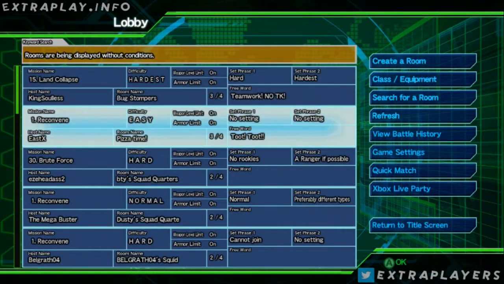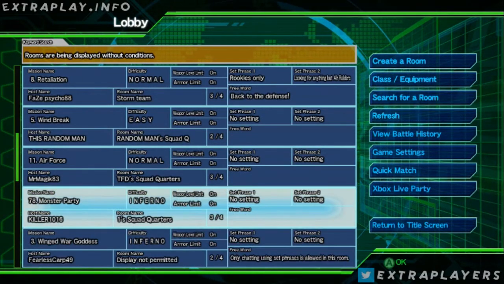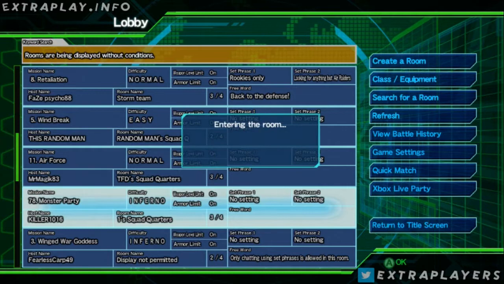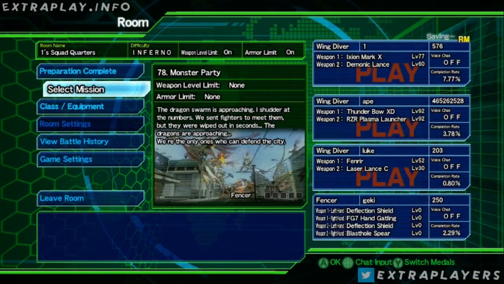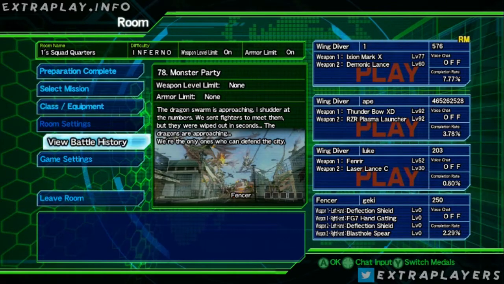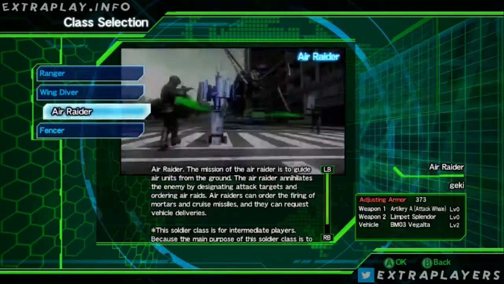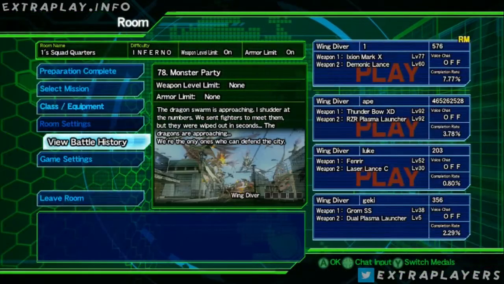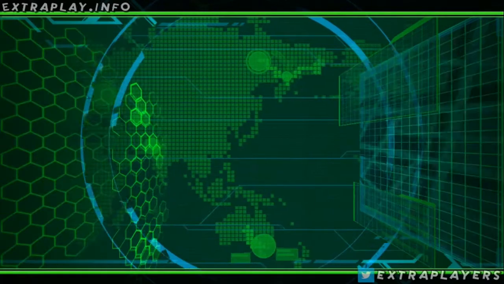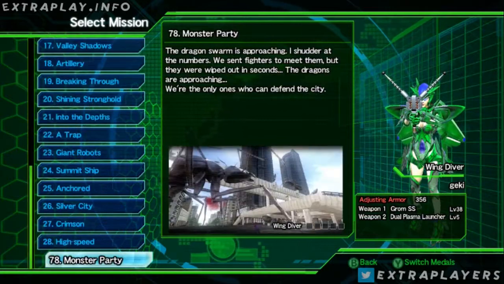Let's see if we can find someone who's in a little more of a later game. Let's see if we can actually get into that room. Good, we can. So let's change our class real quick. We want to change that back to Wing Diver. Wing Diver. And select mission. As you can tell, it seems. Okay, so